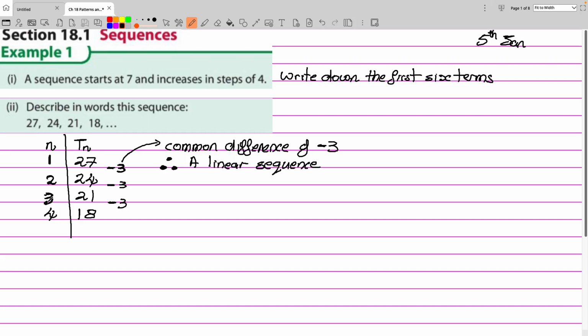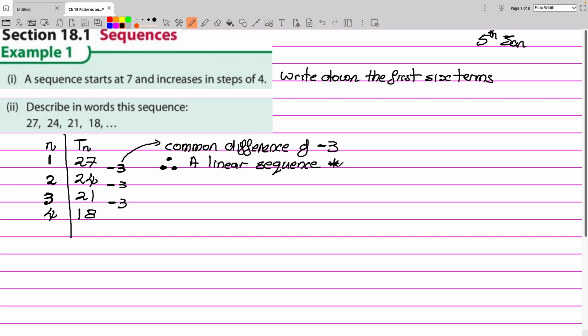Now, in the textbook, it would say subtract 3, go down by 3. But I want to actually go from ordinary level to higher level straight away, and I'm doing it now. So I'm deviating from the book. So I write up here, is the difference common? Yes, it's always -3. So for higher level, you write down has a common